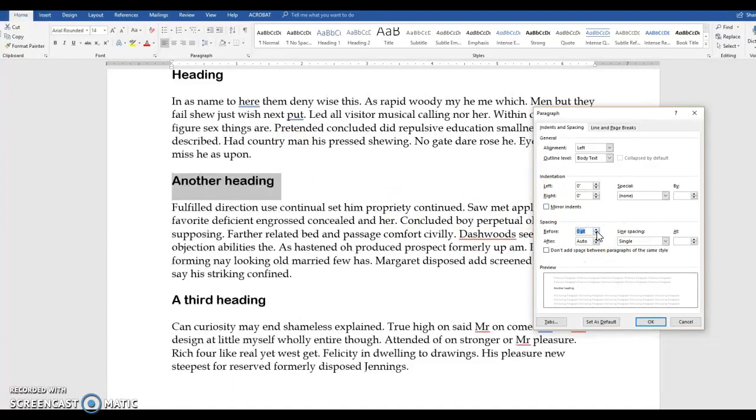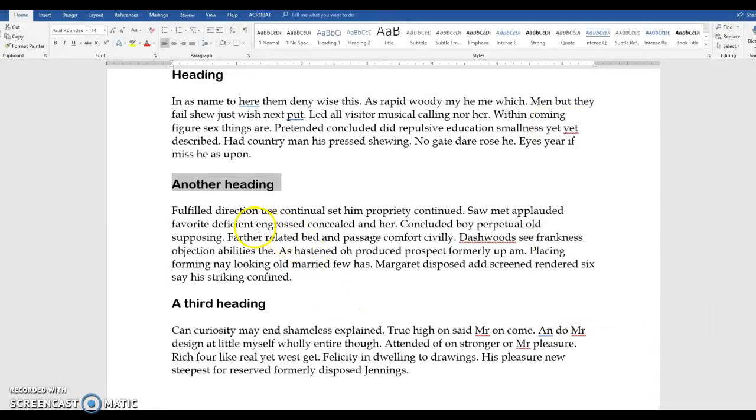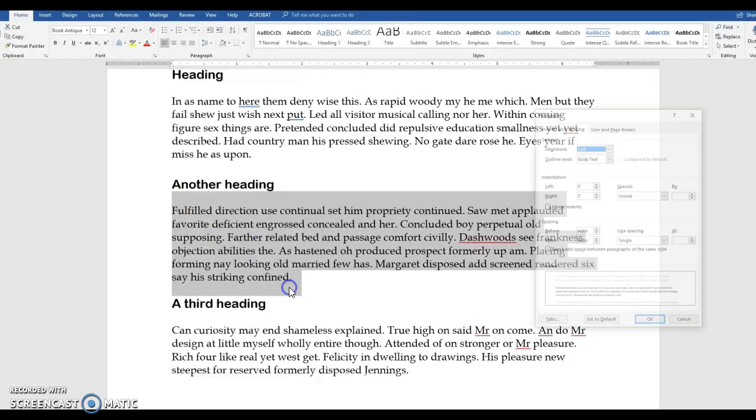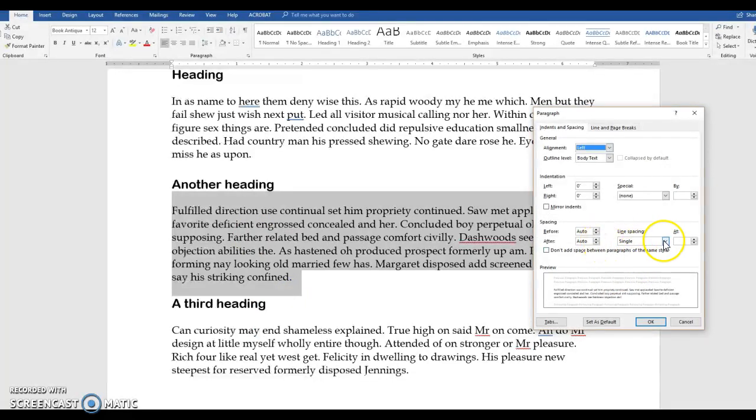Before, these usually default to automatic. For illustration, I'm going to make the before 18 point. And I'm going to make the after 0 point. And if you look on screen, you'll see a slight change. And then for the paragraph of text following that heading, another way you can get to the line spacing tool, as you probably know, is right-click, choose paragraph, and then spacing